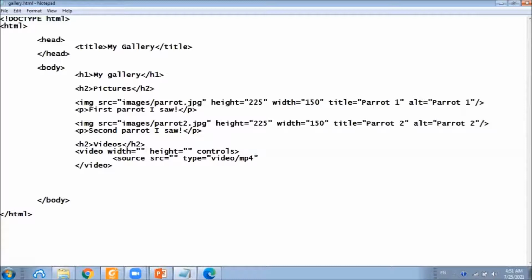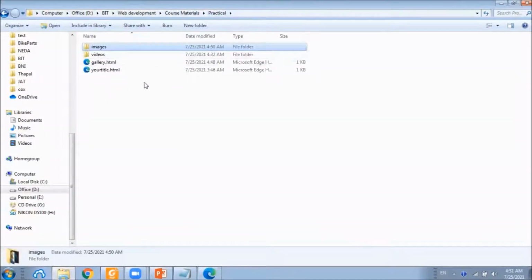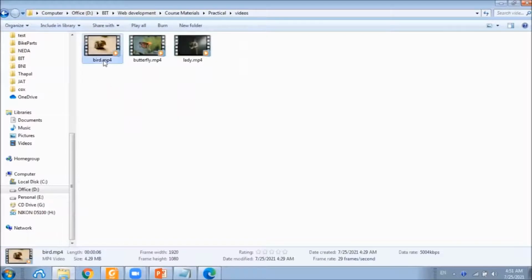In this case, I have downloaded an MP4 file, therefore I will specify it here. The real path of the video is inside this videos folder, and the file name is bird.mp4.